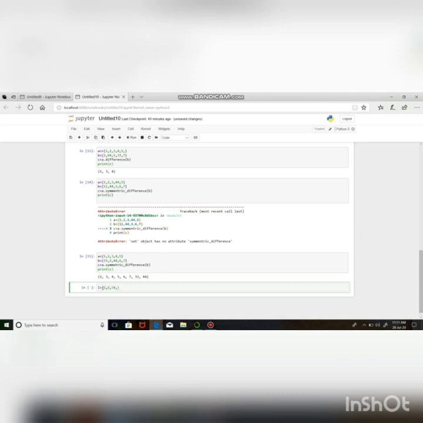So firstly we will create a list having duplicated elements. To remove this duplication, we pass the list in a set,